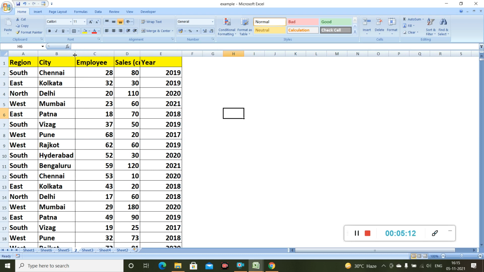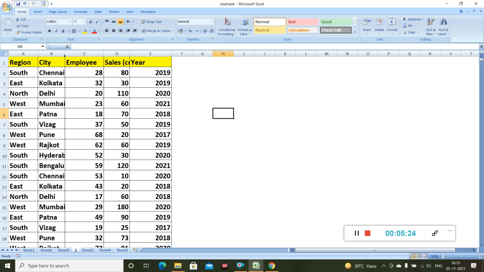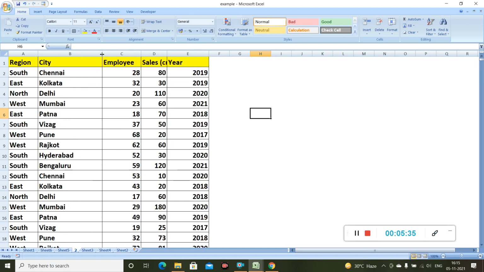If I decrease this, let's say to this, the width will become this. And if I now want it to be increased, I will again go to that junction and drag it as much as I want. So using this way also we can easily increase or decrease by dragging.